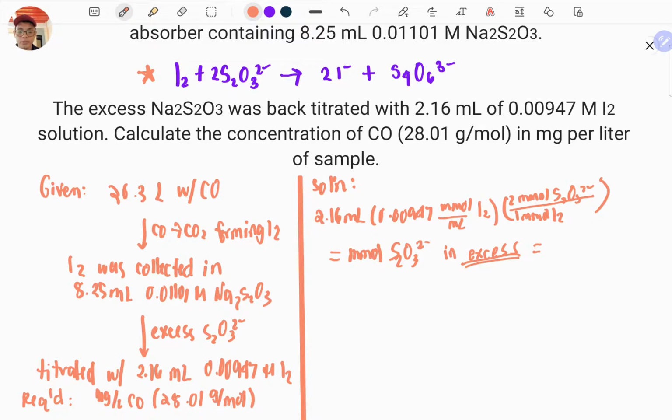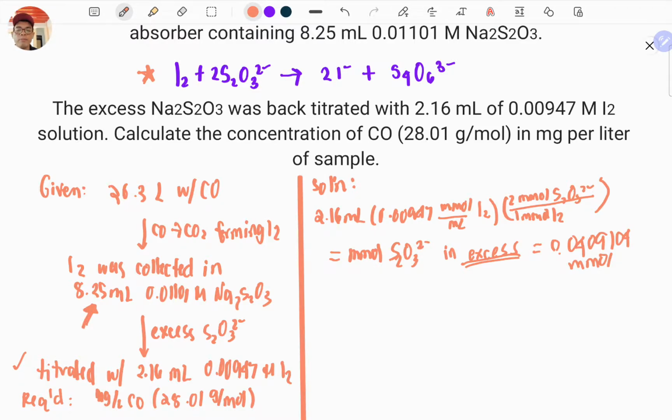Alright, so let me calculate this value first. 2.16 times 0.00947 times 2. Although it's 3 significant digits, I will not round off for the meantime. 0.409104 millimoles. So we're done with this step of the flowchart. Note that we started with this amount,